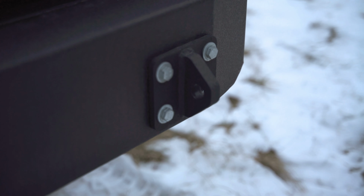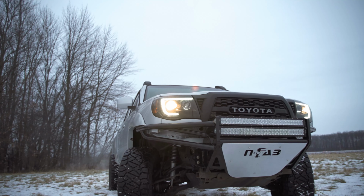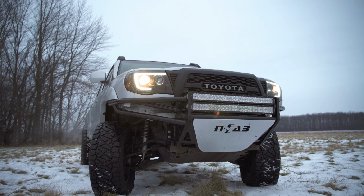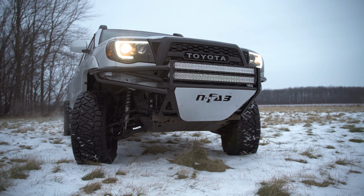So with the front N-Fab bumper, the wheel and tire package, the $650 Rough Country 3-inch lift, and the Road Armor rear bumper being around $400, you're looking at about $4,500 in accessories. Enough to get you out on the trails, get you some ground clearance, have a halfway capable off-road vehicle, and only around $4,500, which I think is a pretty good deal, plus the cost of the vehicle